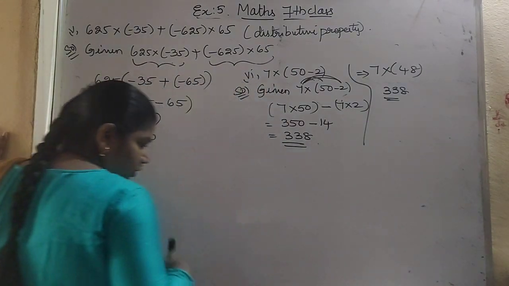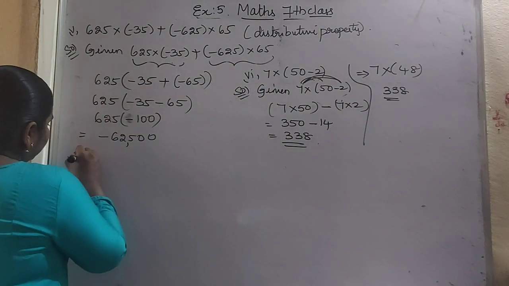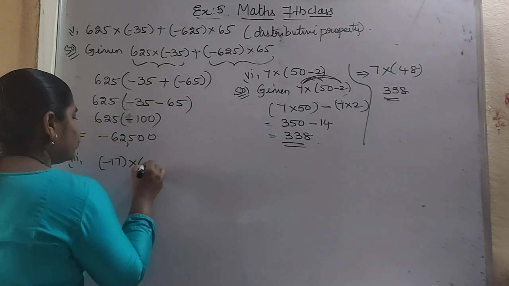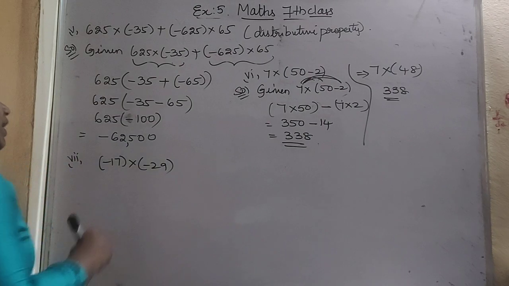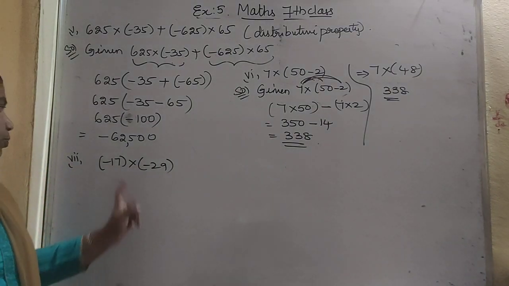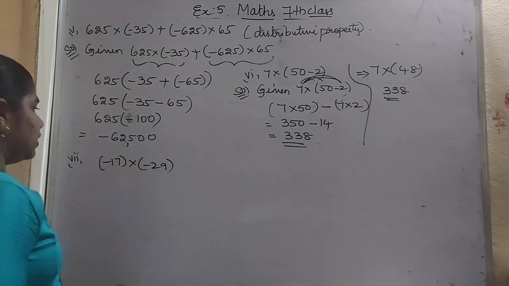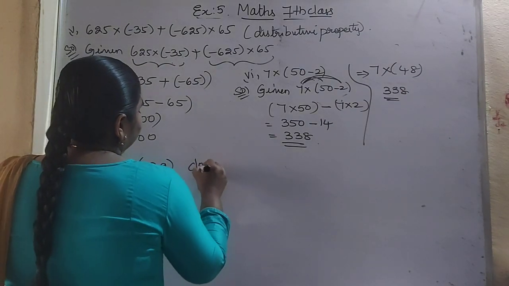What is the next question? That is the seventh one. Minus 17 into minus 28. So here we can simply use the closure property. The product of two integers should again be an integer itself. So by using the closure property,